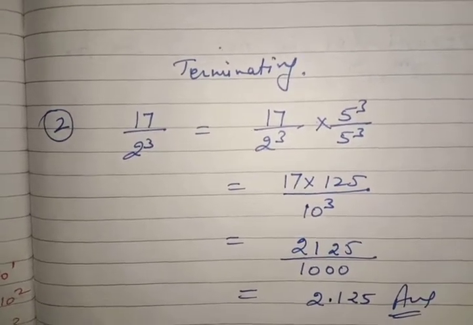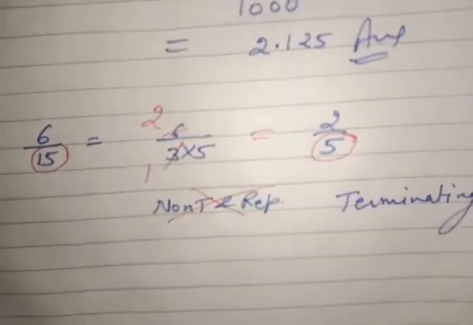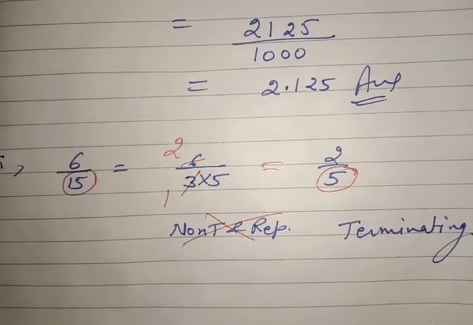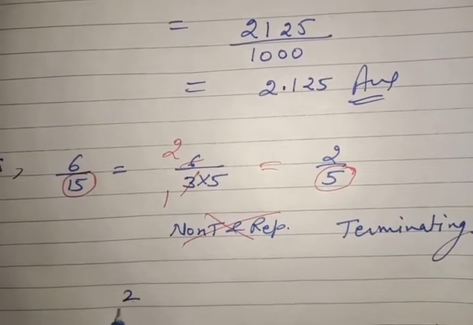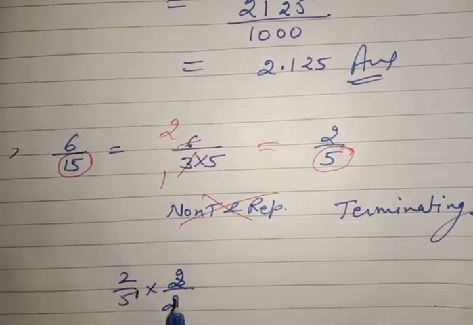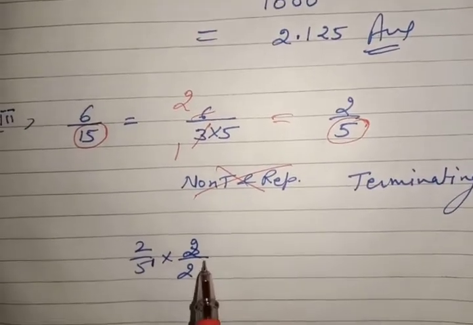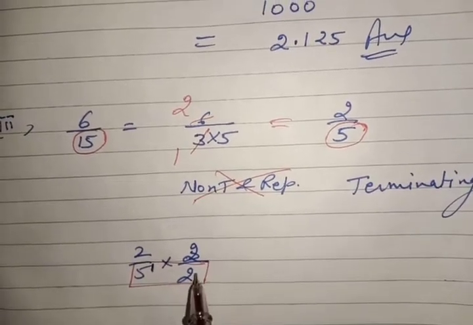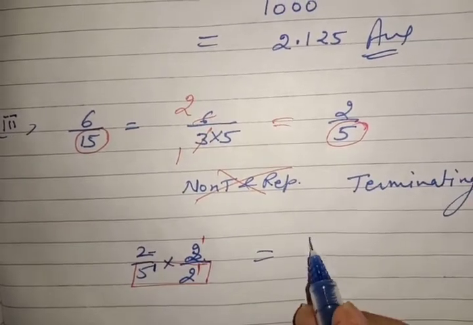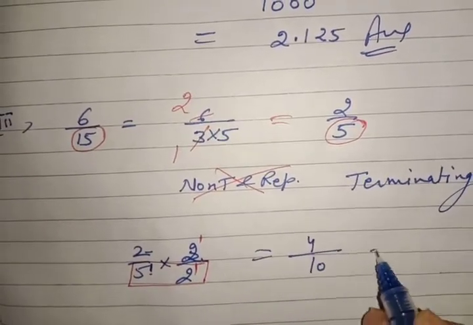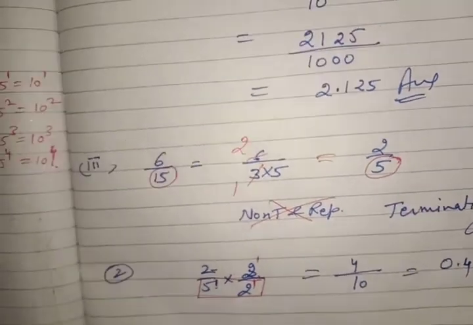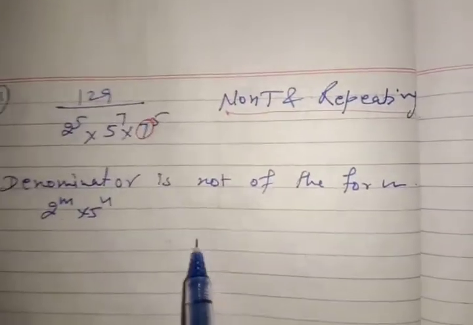Without dividing we can convert terminating decimals into decimal form. It means rational numbers which are terminating in decimals. This is very easy. 2 by 5, multiply by 2 by 2, because this is 5 power 1. You need to see only the denominator, don't get confused with the numerator. So multiply this with 2 raised to power 1. In the numerator I will get 2 2s are 4, and 5 2s are 10. So this is 0.4. This is the answer of the second part.